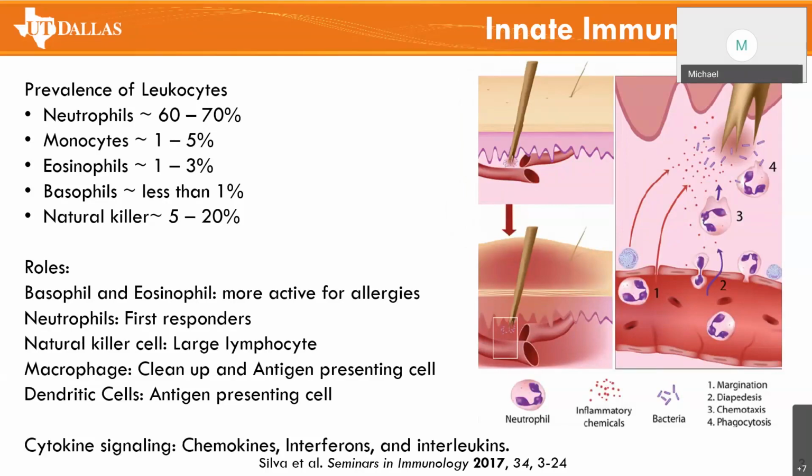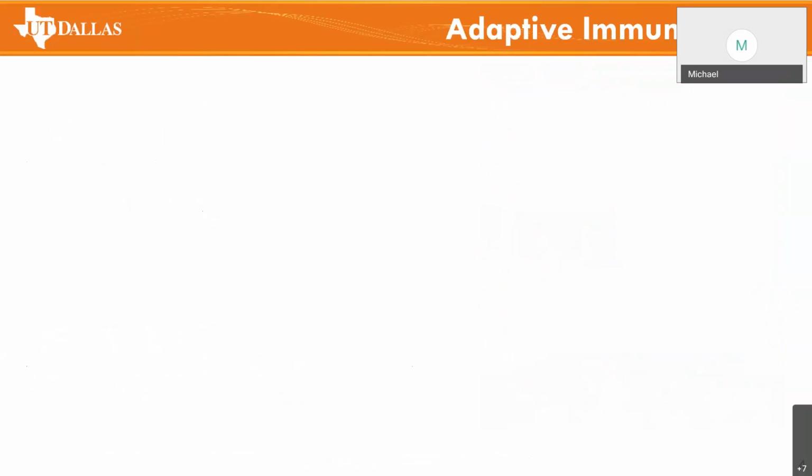It's these cytokines that can signal your neutrophils and your monocytes to go into the site of infection and start taking up these different pathogens, hopefully clearing them out before they spread too far. But if the pathogen is able to grow where your innate immune system is not able to handle it, this is where we activate the adaptive immune system with the dendritic cells that are able to take up and present it